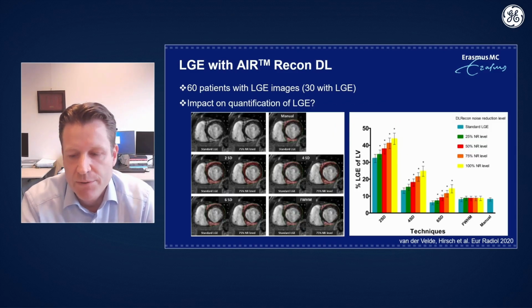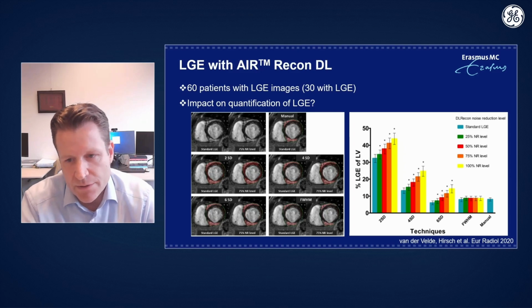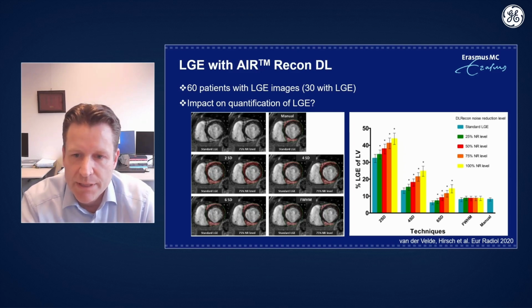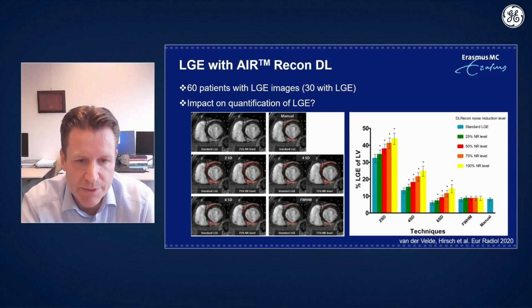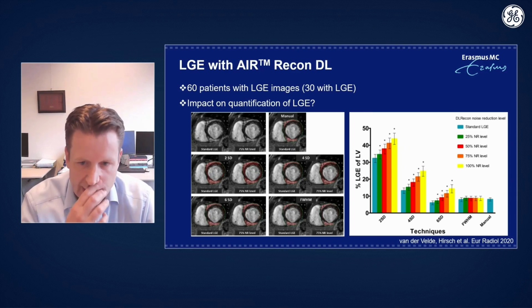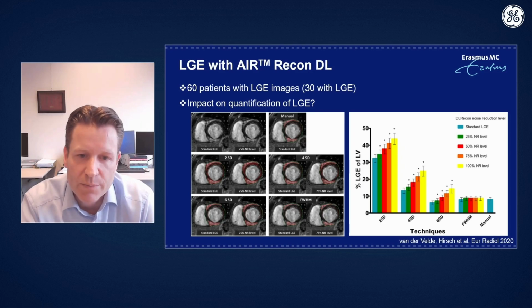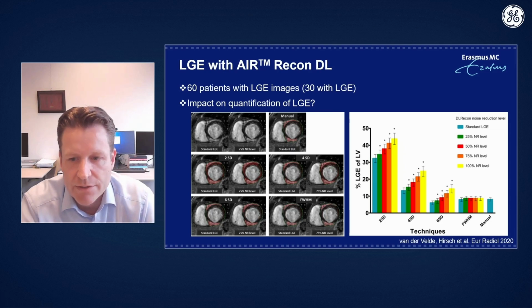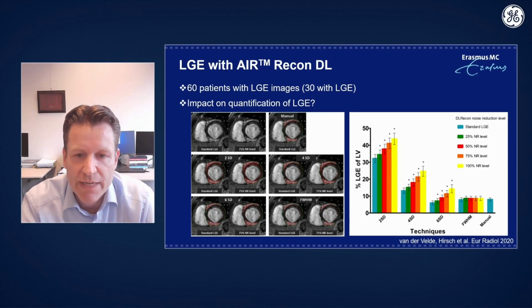But what about the impact on the quantification of the late enhancement? For example, in hypertrophic cardiomyopathy, it's important to look at the amount and the quantity of late enhancement, but also in infarct studies, that's done. There are several techniques to quantify the hyperenhancement. One of the techniques is the full width half maximum, but also what's still used a lot is the standard deviation method. So what we do is we draw an ROI in the remote myocardium, in the normal, and we look at the mean signal intensity and the standard deviation. And then we set a threshold, like 2 standard deviations, 4 or 5 or 6, and above that, it's called